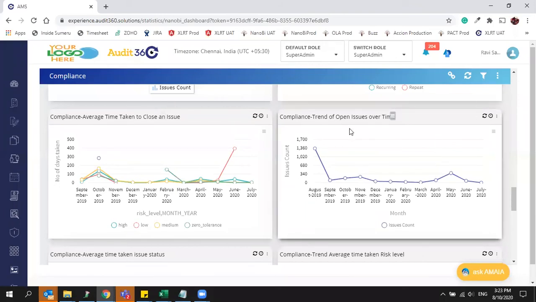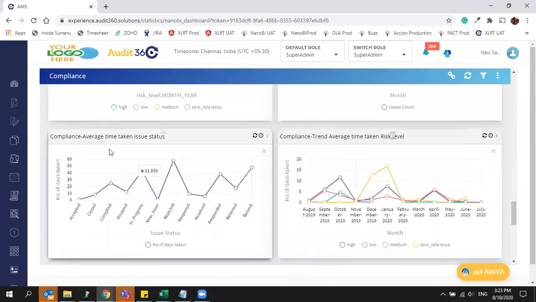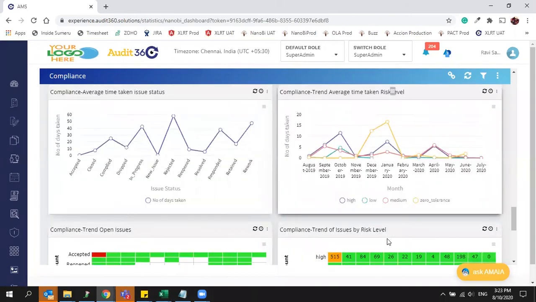Then again, the trend of open issues over time, like which month you got how many issues, that trend is also available. Then the average time taken from status to status, like if you want to see accepted to close, how much time it has taken, how many days, you can see that as another trend.